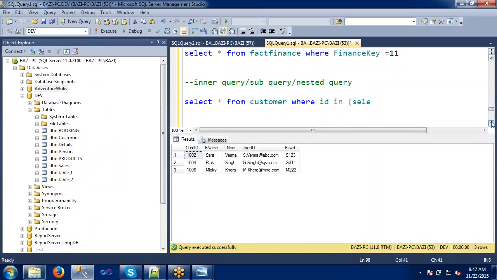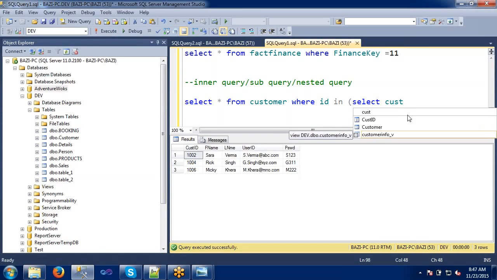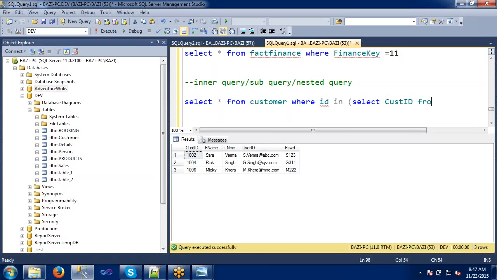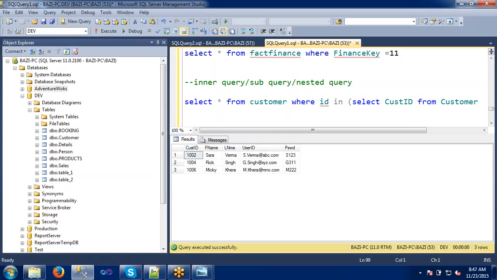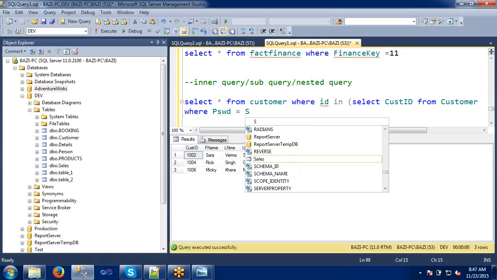Again I select cust ID from customer where password equal to S123.